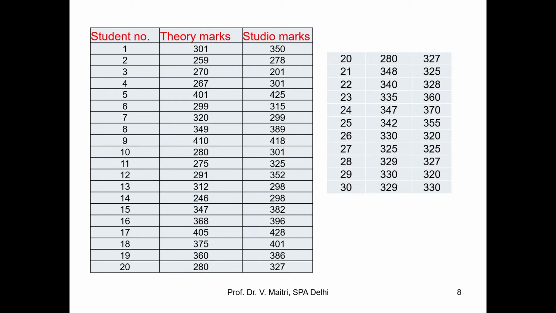Now hopefully when your exams come, you know that in planning you have two major things, theory papers and studio papers. Let me take all theory papers as out of 500 marks, and all studio is also 500 marks, because studio is heavily weighted, because it is a practical science. So studio has to be given more weightage, and these are the marks obtained by the different students, 30 students in theory as well as in studio, out of 500.